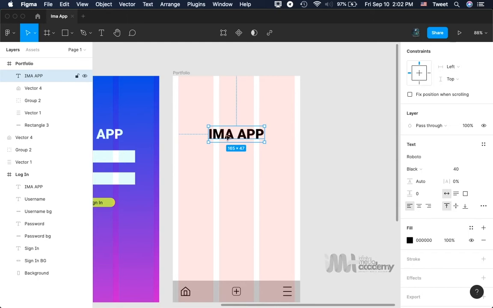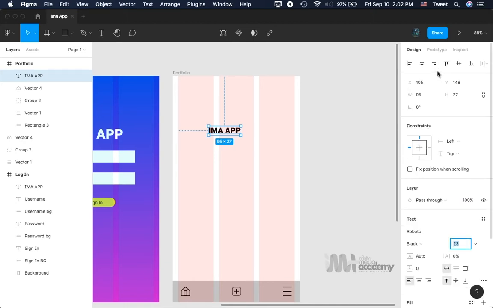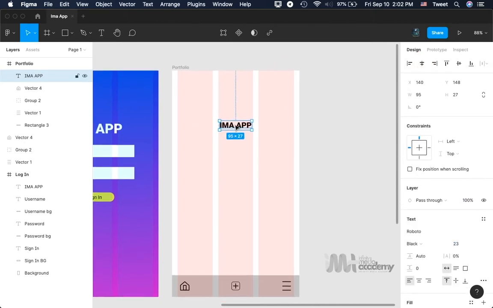So now we already have our app name within here. I'm going to reduce the size for now. Then make sure it is centered. Okay, so the next thing I want to do now is, let's shift it up a little bit. Then the next thing I want to do now is I want to create the layout for the user's portfolio,